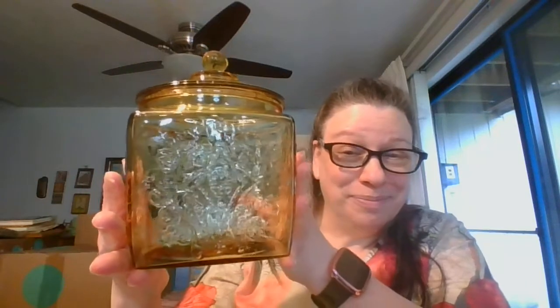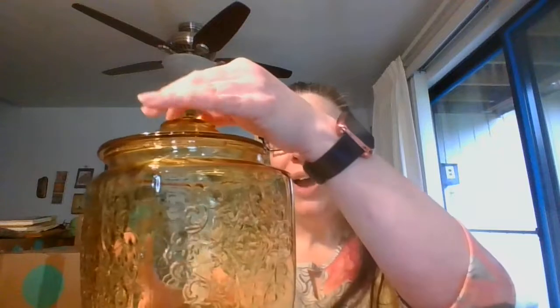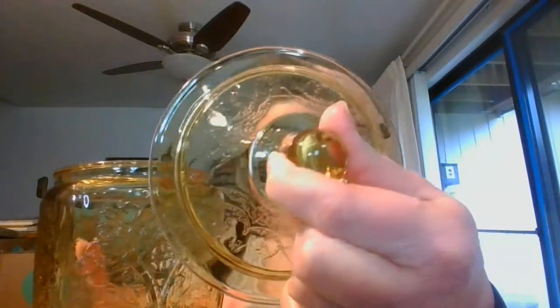Okay, now the reason I had to make some room is because the next items are big. You thought the console bowl was big. Oops, now I can't get to it. There we go. I have a pair of jars. So they have the pattern all around, and then they also have the pattern on the lid as well. So these, let me get my measure over here. That'll be a little easier. These with the lid are about 8 inches tall. Just the jars are about